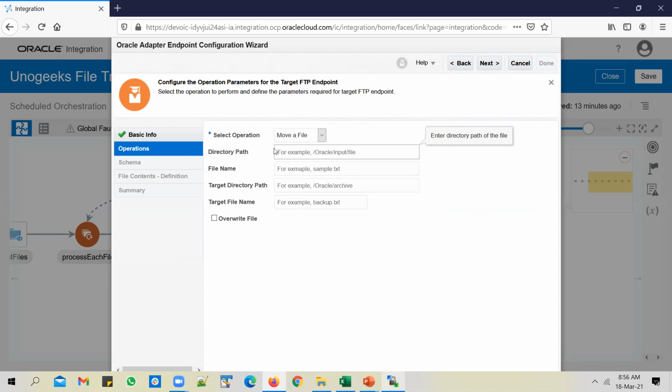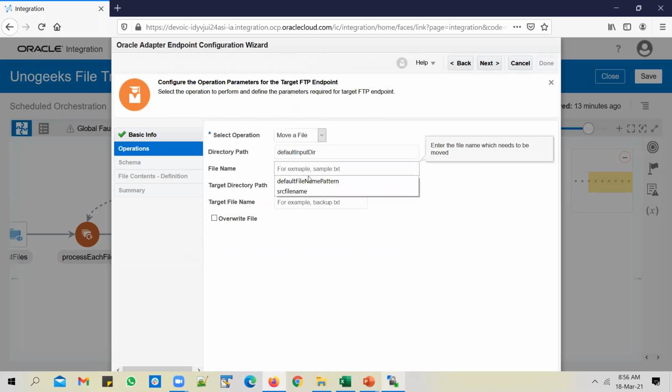When you want to move a file, you have to mention what file from what directory, to move to which directory, and what the target file should be. Here you can hard code the values, or you can add the default input directory and maybe a default file name, not a pattern.